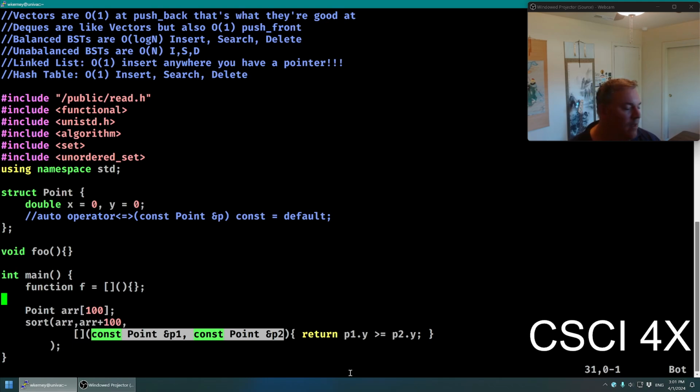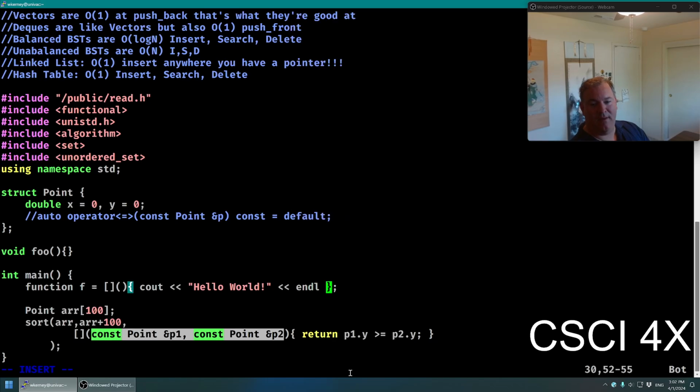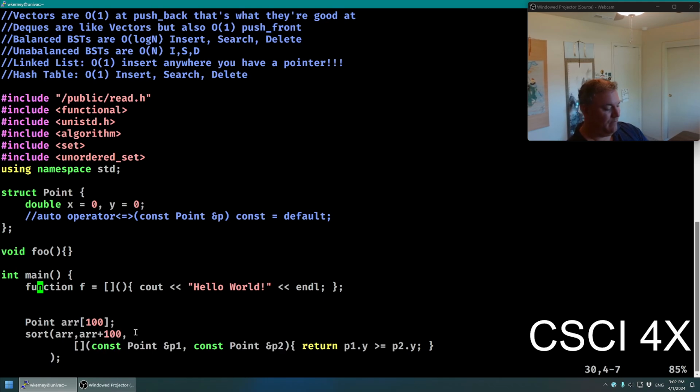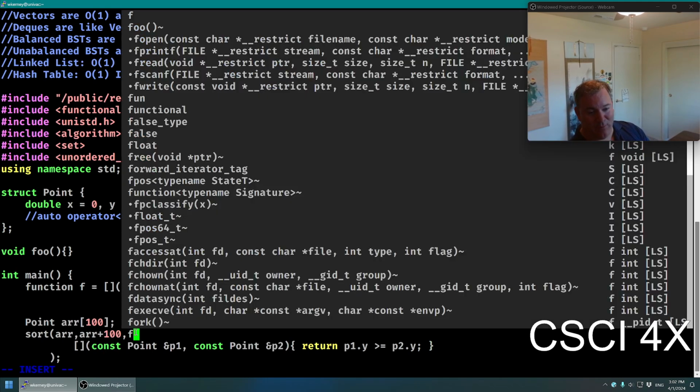But if you want to make a function you're going to reuse, but you don't want to make a global function, right? You just want a function that exists here in this scope. You can do it. So I don't know, hello world or whatever. Here we have a function, no name, takes no parameters, returns no value, and it prints out hello world. We can actually save this lambda into a variable of type function. And I could pass in f here if I wanted. It's got the wrong parameter type, so it won't compile.